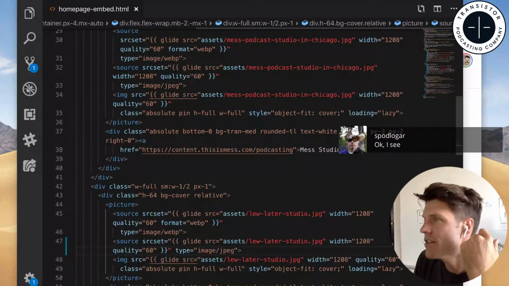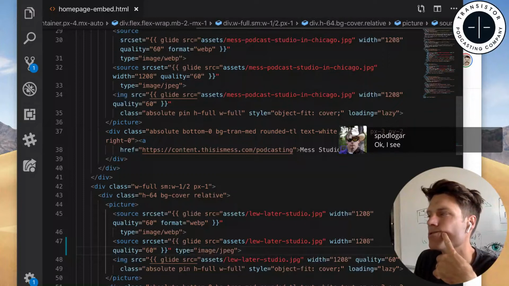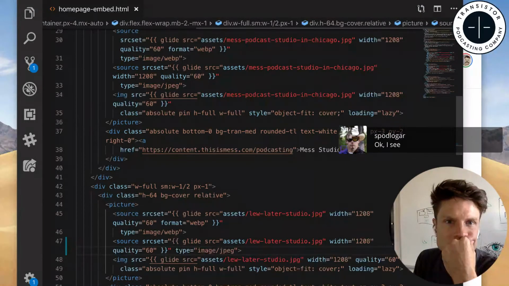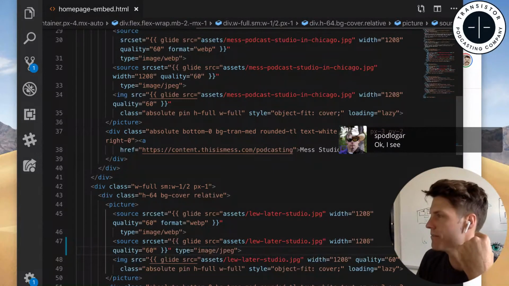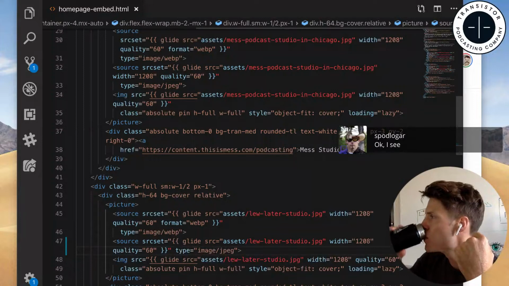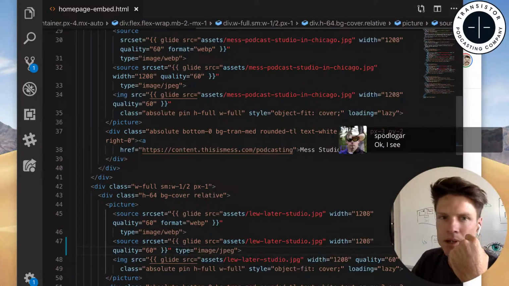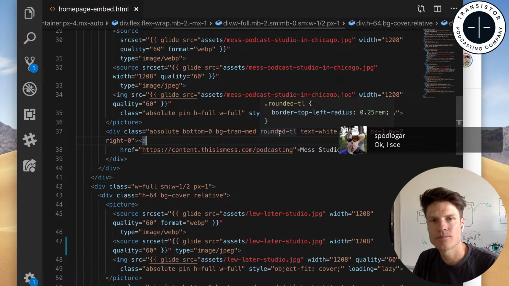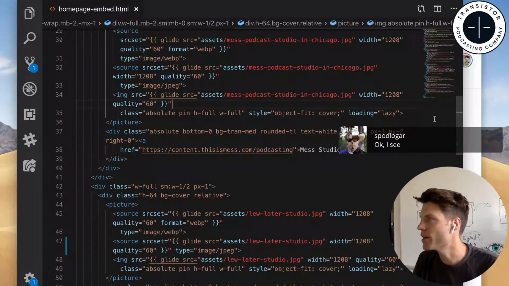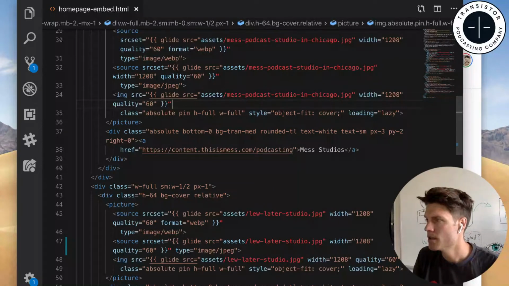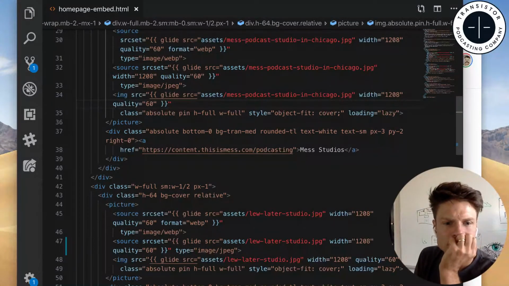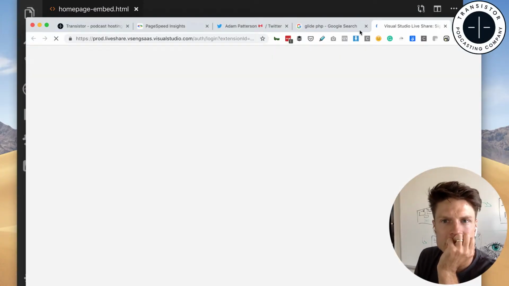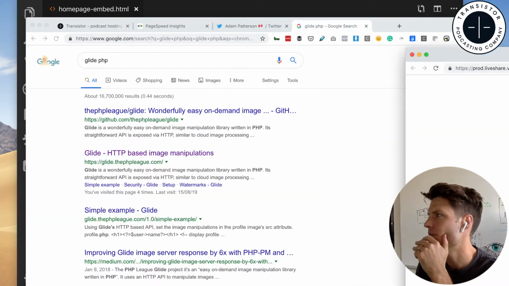Unfortunately, this repo isn't public anymore. So I can't just share the code. Although I could put this file somewhere, I guess. Where's this? What's this again? Live Share. This allows me to